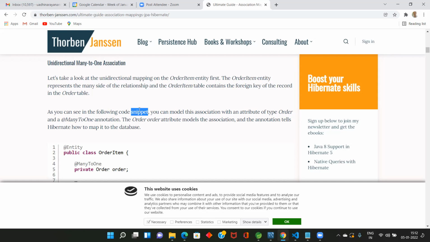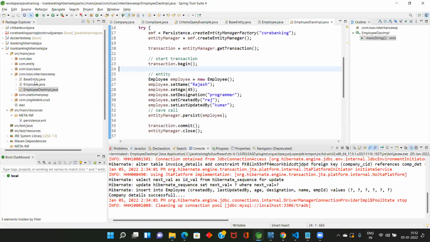Yesterday we did this, right? By using navigation, can we get something like that? My question is, yesterday by using company, we got invoice details. This is the thing that we did.